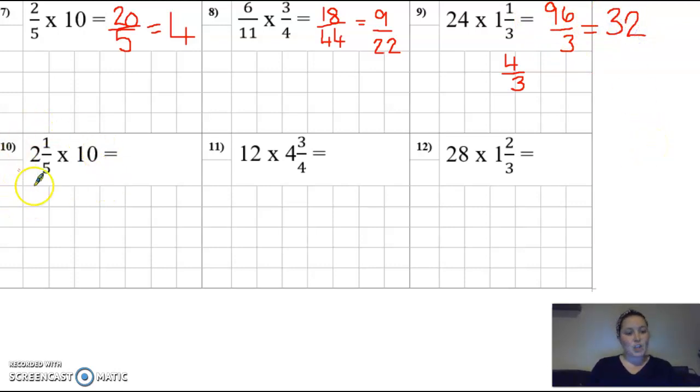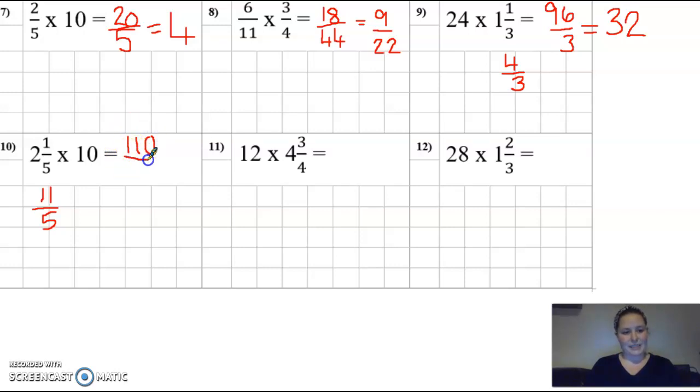Okay, 2 1/5 times 10. So let's make it into an improper fraction. Two wholes will be 10 and 1 is 11. 11 over 5. Now, you might have used a different method here, and I'll explain a different method in a moment because either are right. As long as you're getting the right answer the way you're doing it, that's fine. So turn the mixed number into an improper fraction. Then 11 times 10 is 110